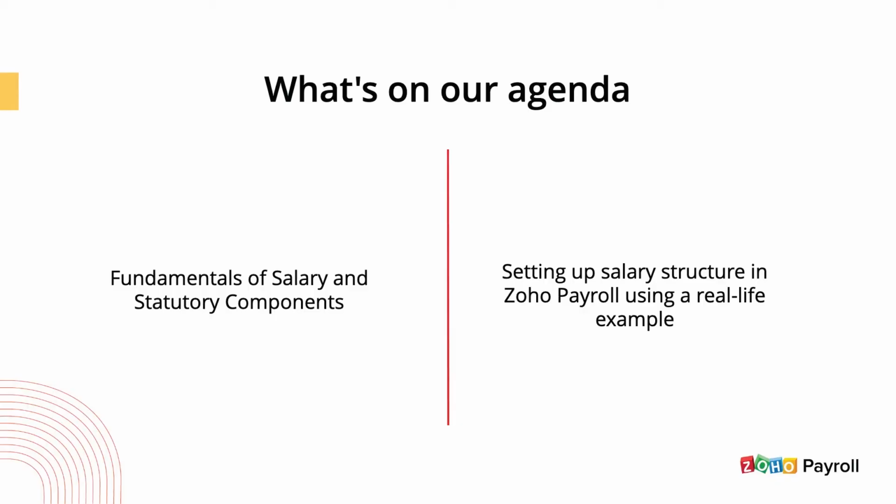Different organizations have different needs when it comes to salary components and statutory benefits. In order to make the most out of this session for all our attendees, we have split the entire session into two halves. In the first half, we'll cover the fundamentals of salary and statutory components in theory. In the second half, we'll take real-life examples of three different salary structures of employees belonging to various levels of hierarchy in an organization and show you how to configure them. By end of the session, we are hoping to leave you with enough knowledge to comfortably work on Zoho Payroll, creating compensation structures regardless of whatever your organization policies are. So let's begin with the fundamentals.